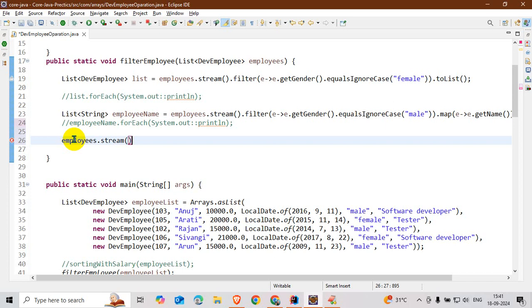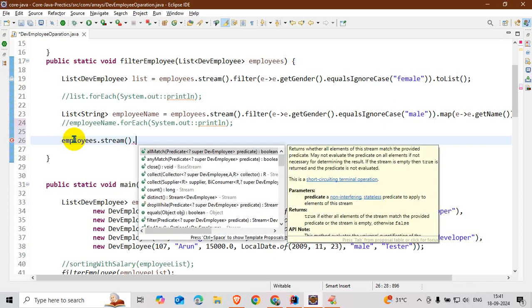I need the minimum and maximum salary of female employees. So I need to filter the data. I need only the female employee list.